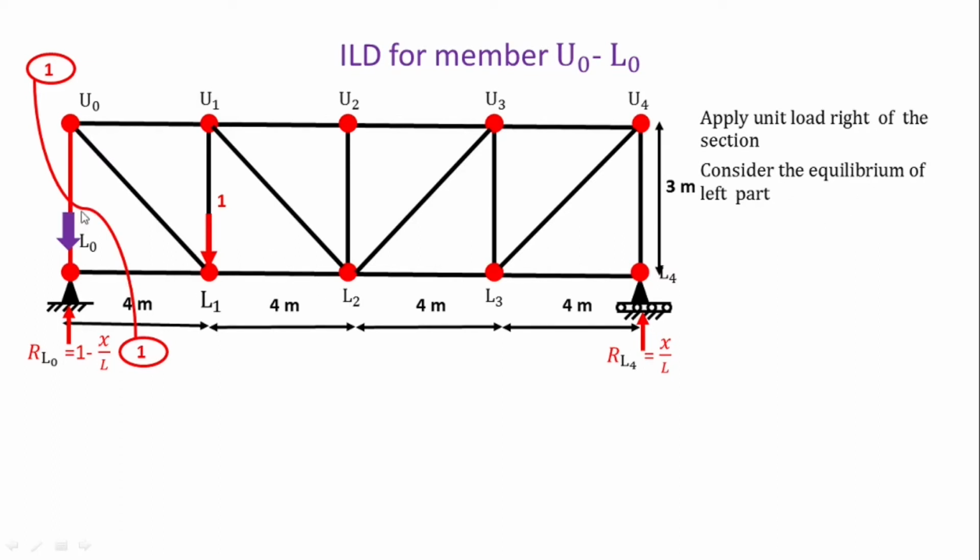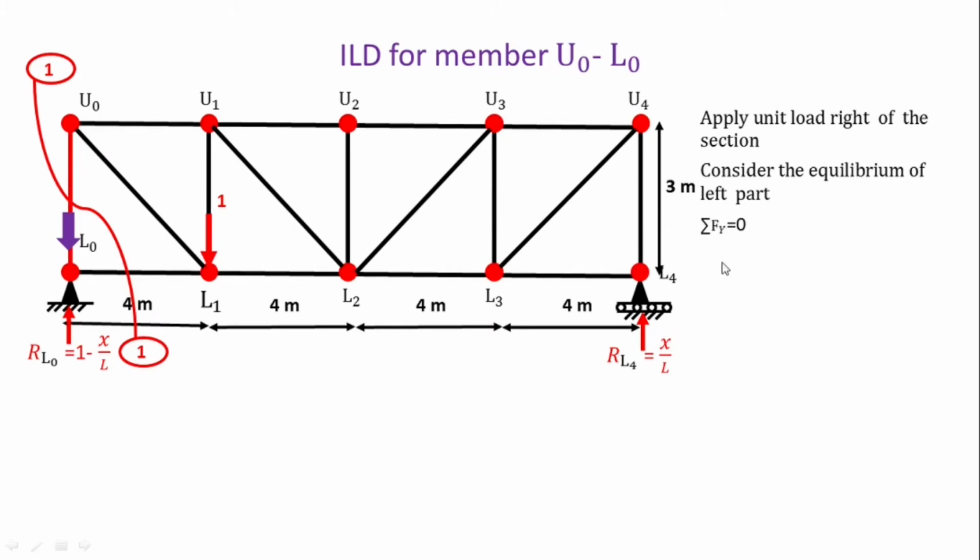So, apply the sign on the left hand side of this, for the member force. Here we are considering a compressive sign. We are assuming that due to this unit load at L1, this member is subjected to compression. If the value is positive, our sign convention is correct.